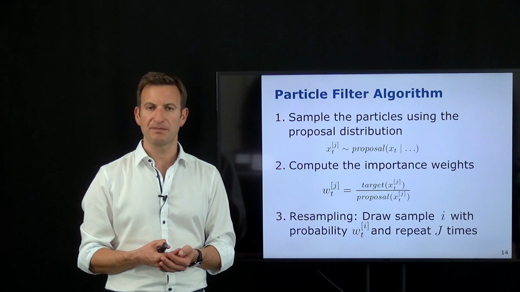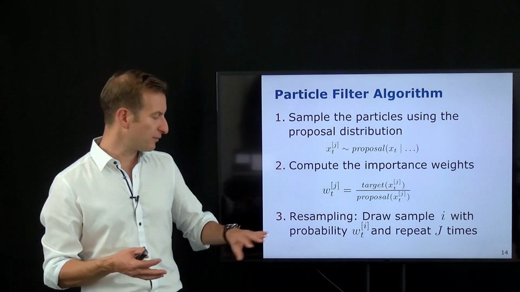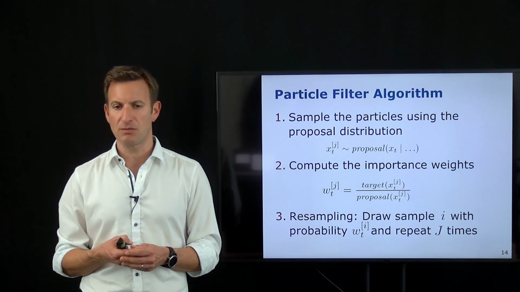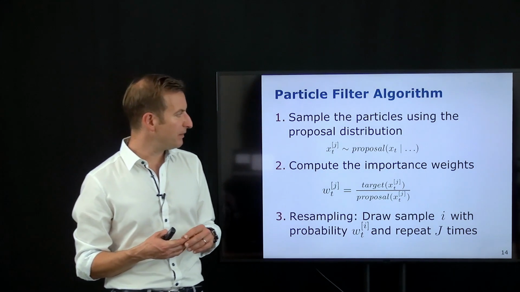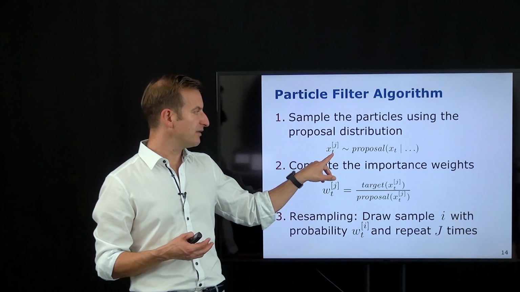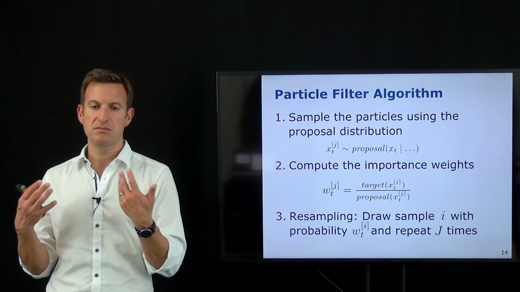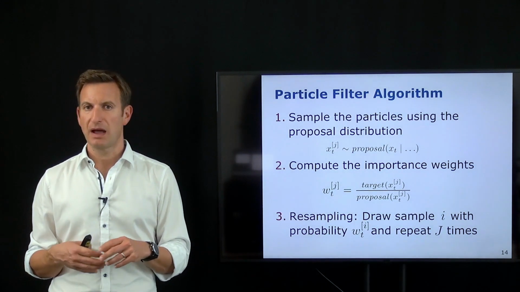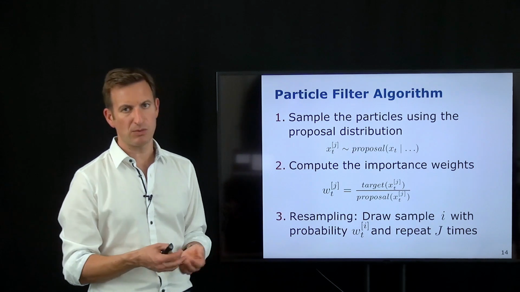which basically has 3 steps. The first step is a prediction step, and the second step is the correction step, and we forget about the third step for a moment. What the first step does is draw samples from my proposal distribution. So it generates a new sample set, drawing samples from the proposal. So where could the system be? I'm taking my red curve to draw samples from the red curve,